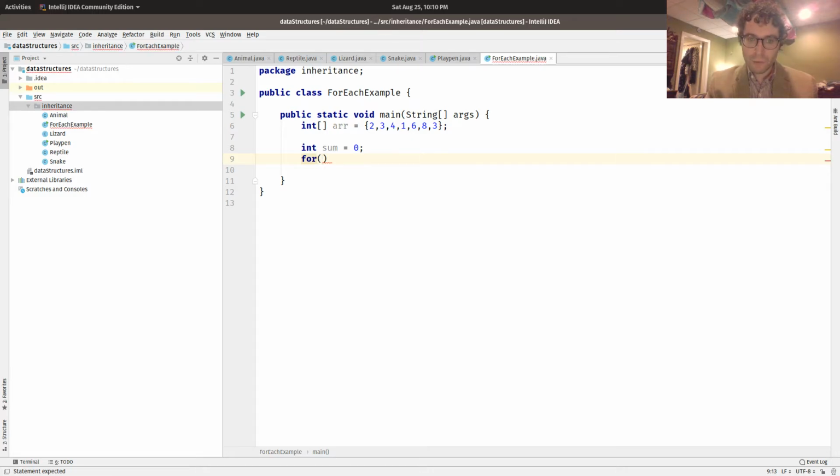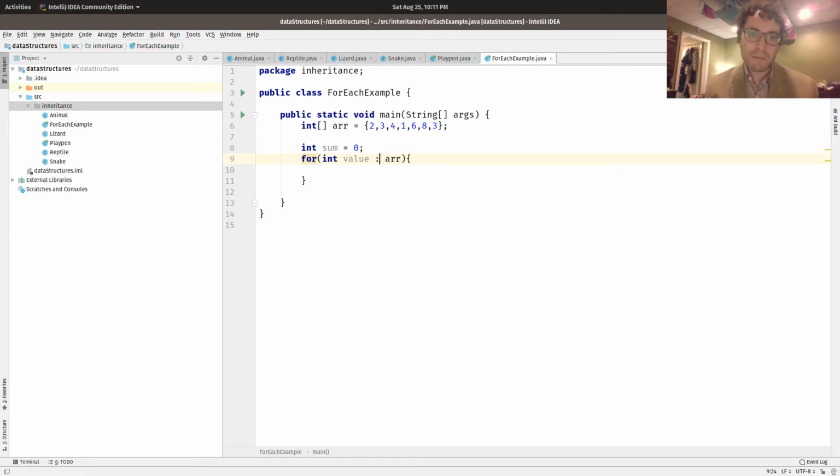Rather than the for loop we've been learning where we use the indices, it's got 3 parts separated by semicolons. The for each loop has 2 parts separated by a colon. Okay? And the way we can write this is for each int value, right? There's that value word again. Notice that I didn't put i there because I like to use i for indices. Int value, and we read this colon as "in". So for each integer value in